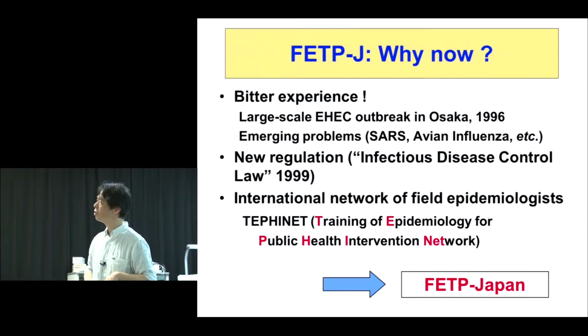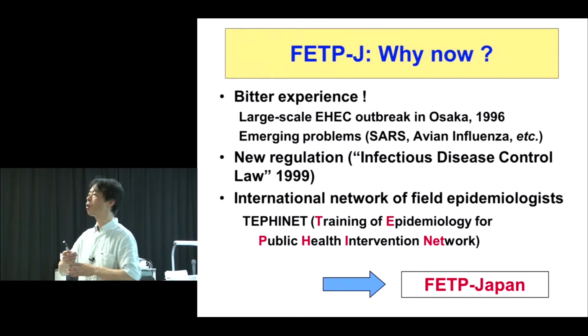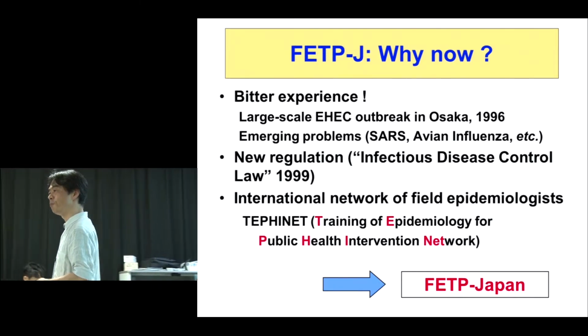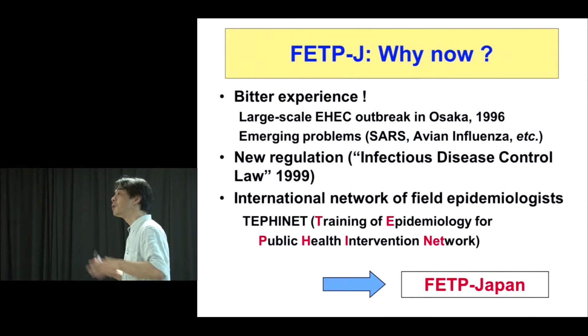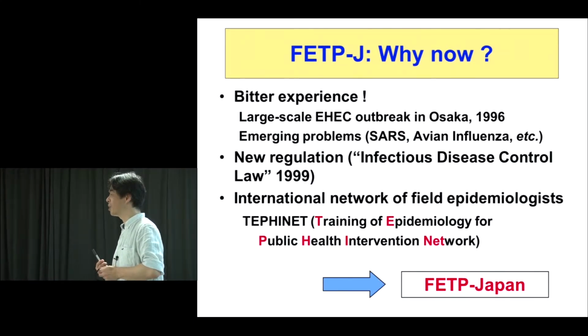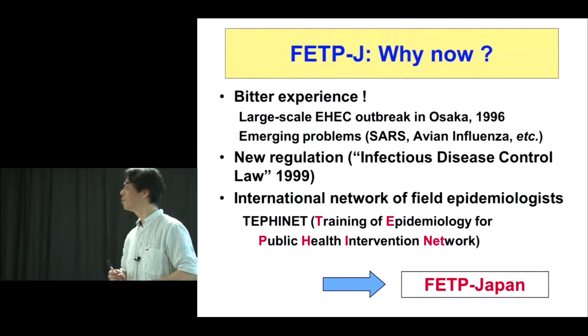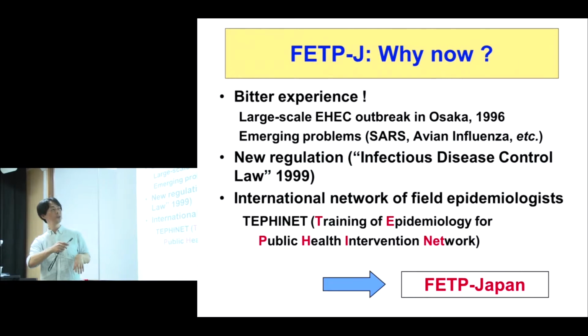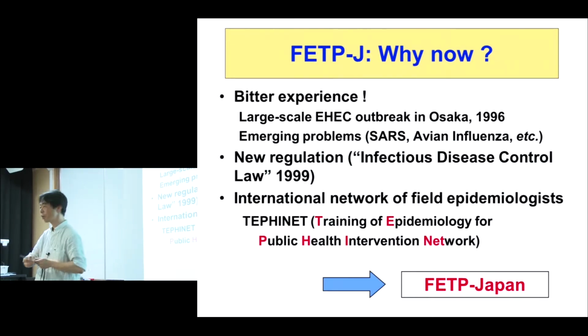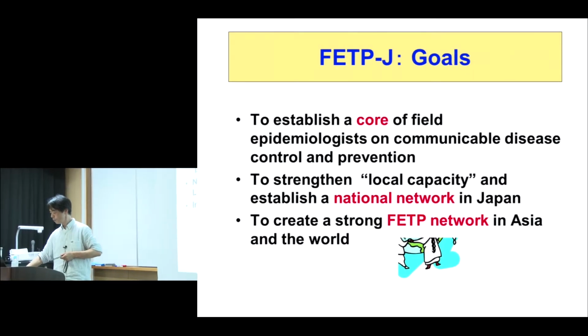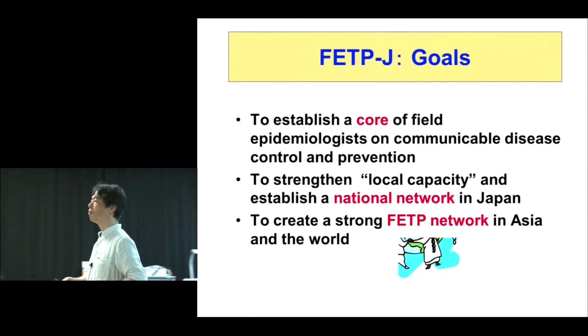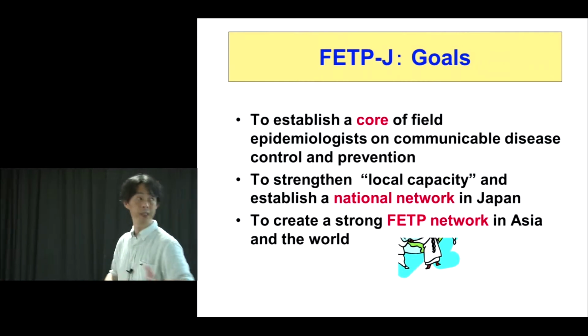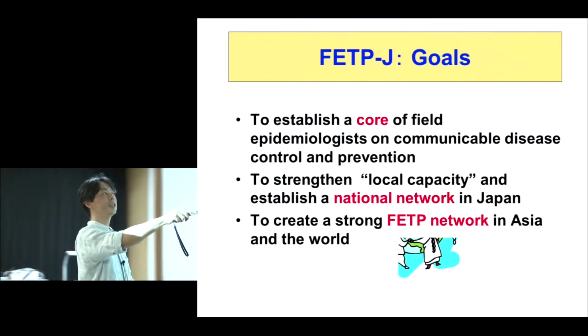That's why the traditional Japanese public health system was not able to manage it. So FETP was established based on that background. The objective of a field epidemiology training program is, as I mentioned, to create a